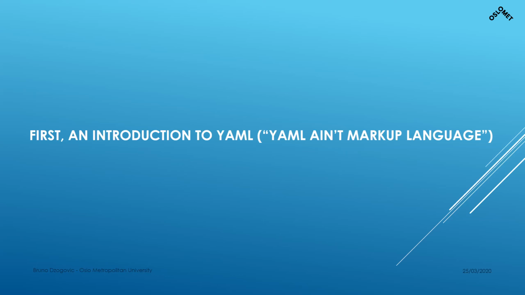The first thing we need to talk about is the YAML language. I don't know if you have an introduction to YAML or you know what YAML is. In any case, I will just give you some small basics here, so it can kickstart you into working with YAML. You can also check it yourself, of course. Maybe you know something, you can improve your knowledge, but you need to have some knowledge of YAML in order to proceed with Kubernetes. The same applies with Docker if you're using Compose or any kind of automation, because writing these files requires YAML.